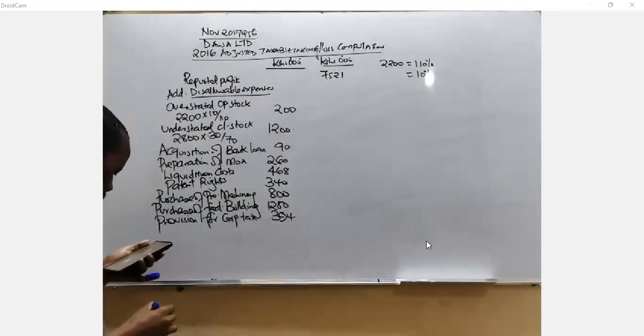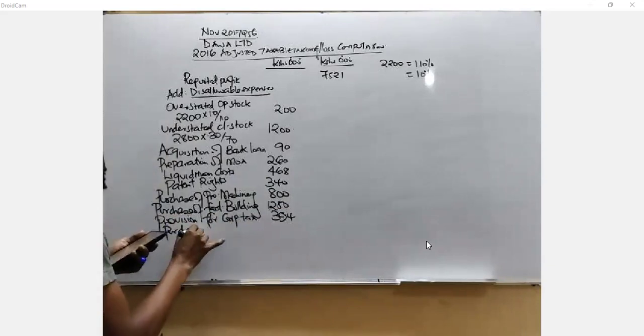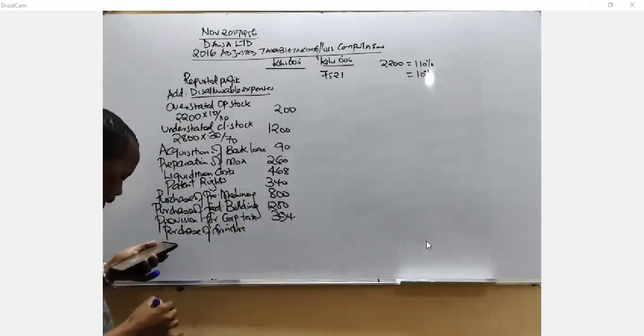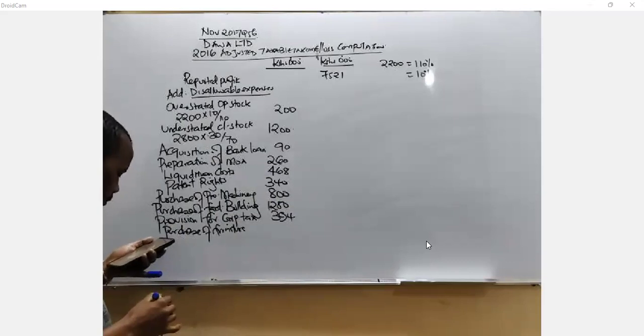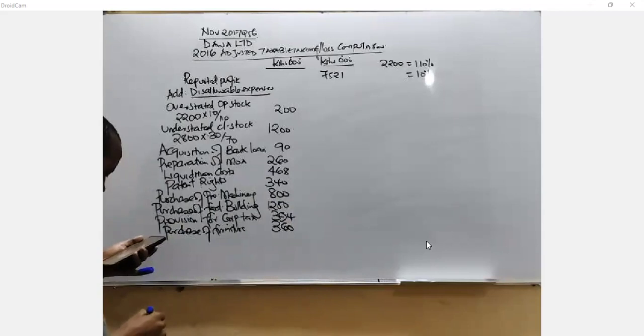We have the purchase of furniture. The purchase of furniture amounted to 360. Don't mind, I will be able to look for an alternative network. Now, the other thing will be